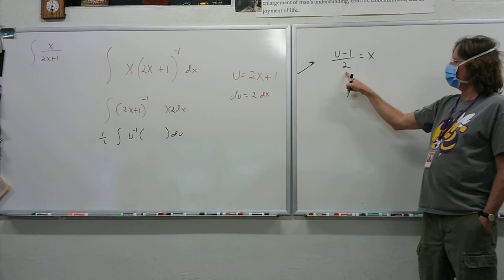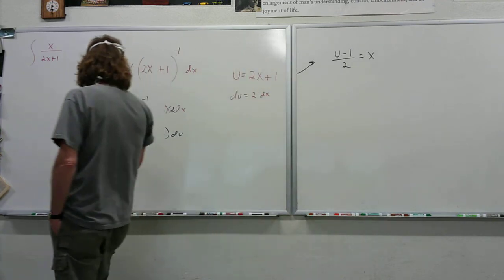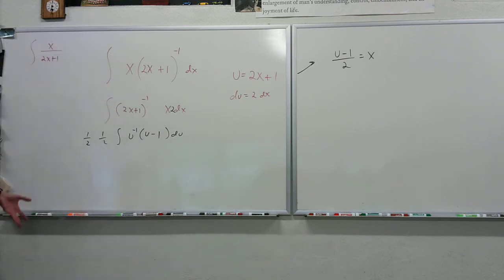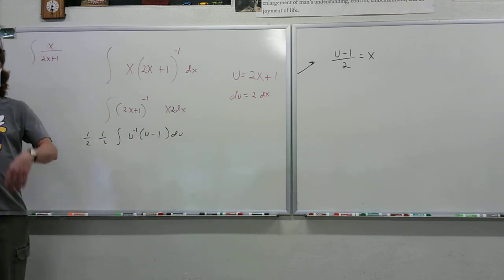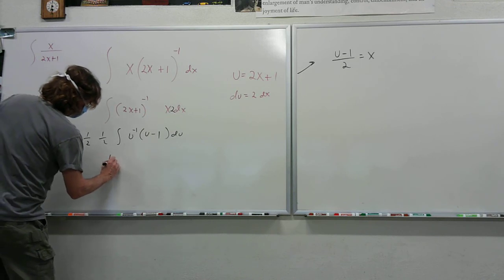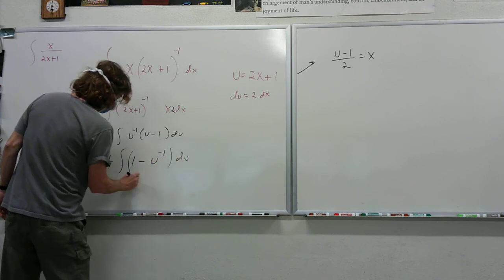Now, since that 2 is underneath both of them, guess what I'm going to do? I'm going to factor it to the front. So I'm going to get 1/2, and I'm going to get u minus 1. Now, once I get there, I just distribute this out, turn it into a polynomial, and I integrate each one. That's all you've got to do, and that's what you do when there's too many x's. This separates some people out, because the people that don't write the u and du down never figure out what the x is, and they can't do integrals. All right, so you'll get 1/4 integral of 1 minus u to the -1 du. And what happens when you integrate